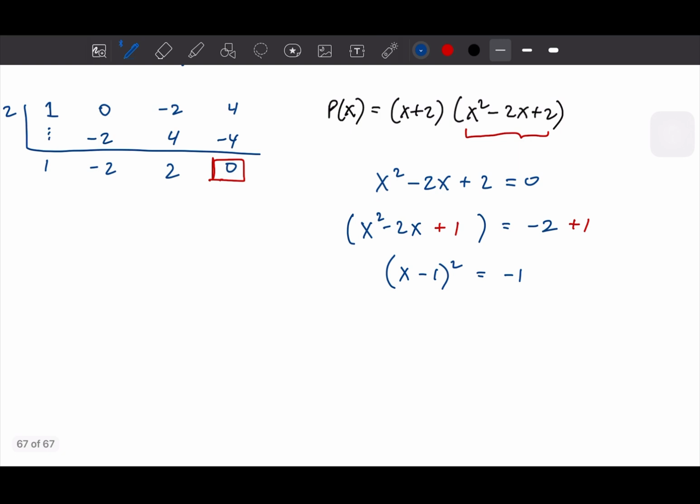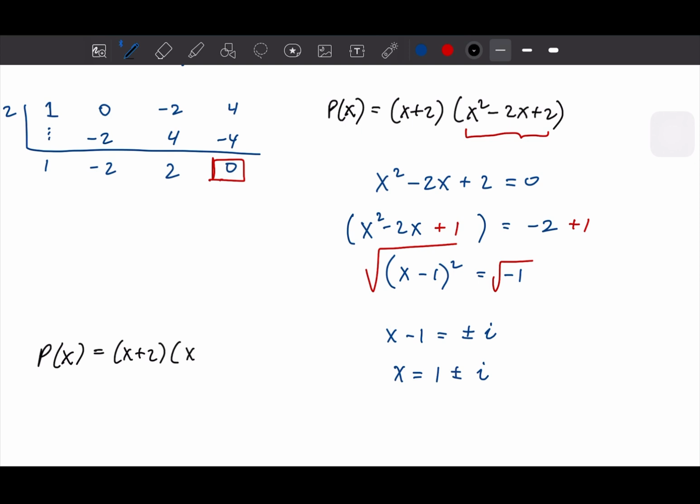So we will take the square root of both sides, and we are going to have imaginary numbers, right? So an imaginary number, so we have x minus 1 equal plus or minus an imaginary number. So x is 1 plus or minus an imaginary number. So zeros are, you could write this, x plus 2, and then x, oh no, not x, sorry, 1 plus